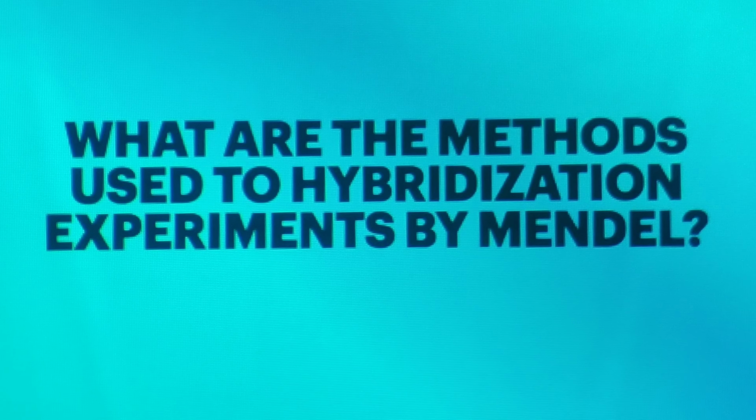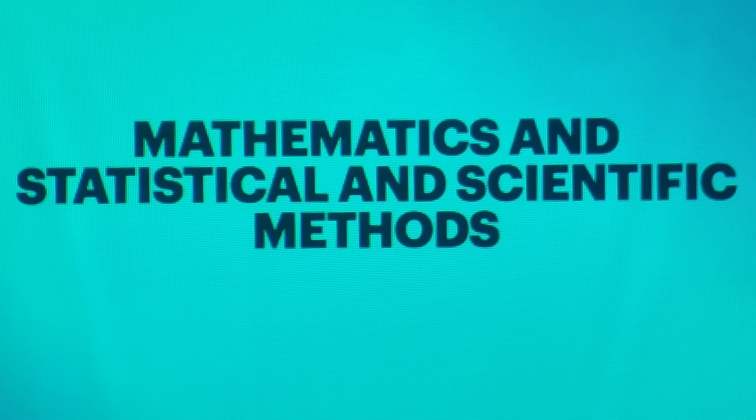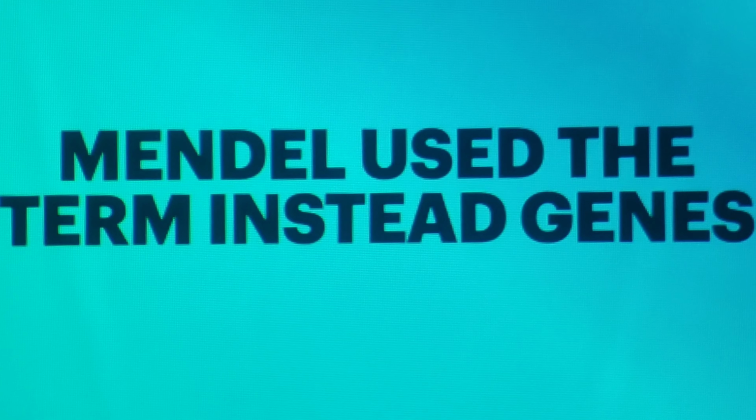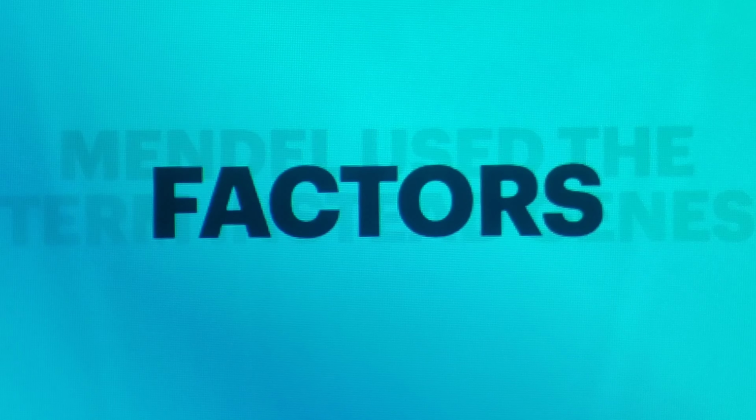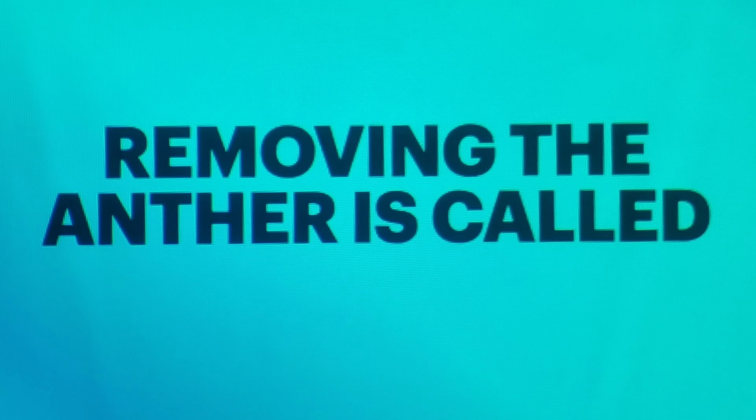What are the methods used for hybridization experiments by Mendel? Mathematics and statistical and scientific methods. Mendel used the term factors instead of genes. Removing the anther is called